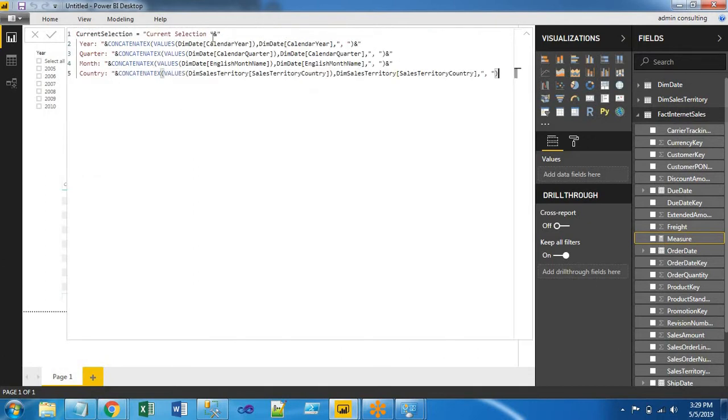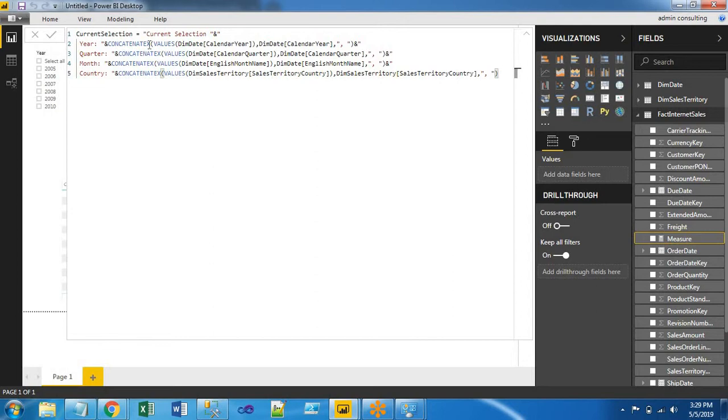Current selection, just a concatenation operator. The VALUES function gives the values that the user has selected. Let's assume the user has selected 3 values. If we consider the calendar year, the user selected 2005, 2006 and 2007,